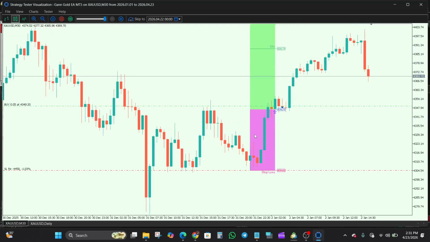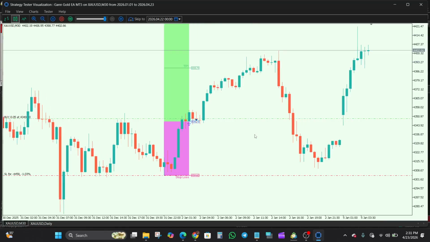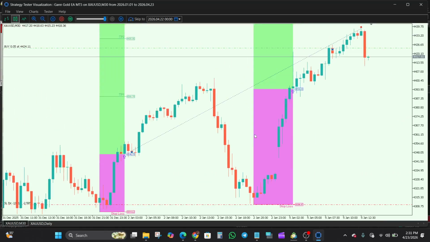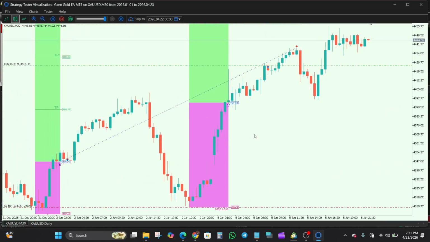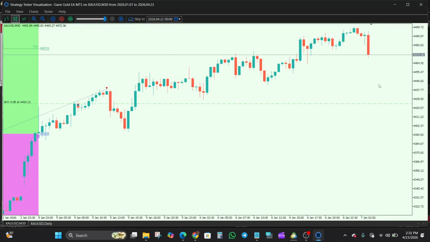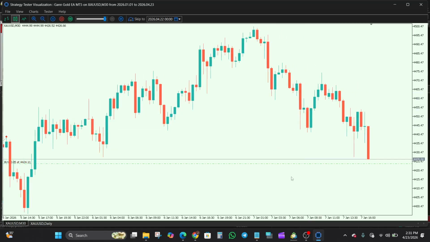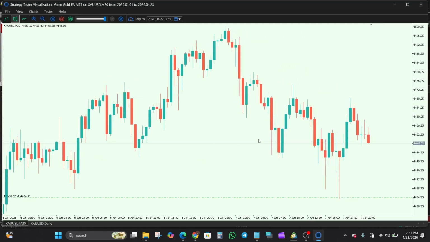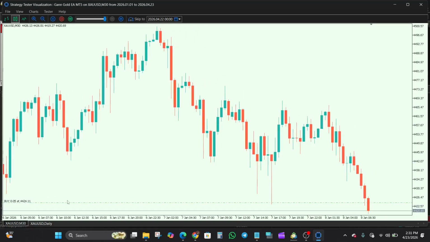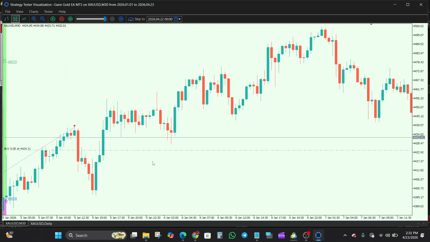Now because short backtests can be misleading, I would also recommend that you test this EA across a longer period of time. All right, now we got our first trade opening already. We have the EA active. If we take a closer look at this entry, price was breaking out of a recent structure level. You can see that